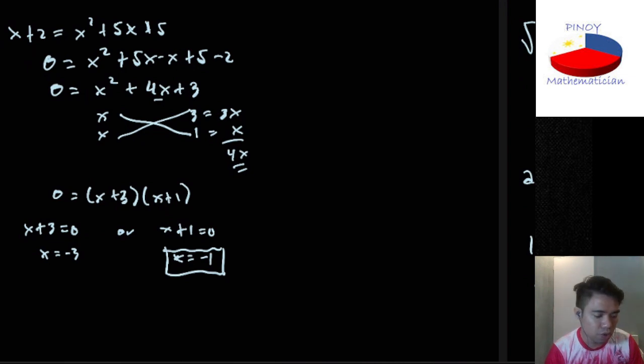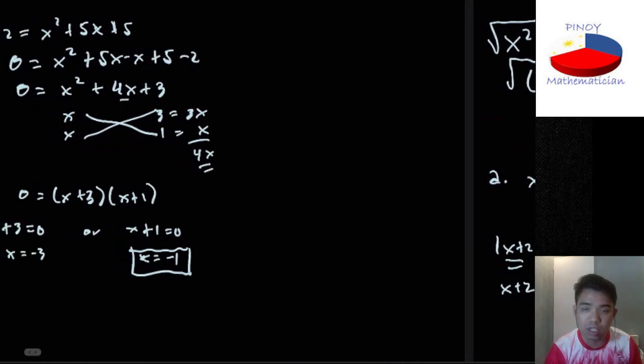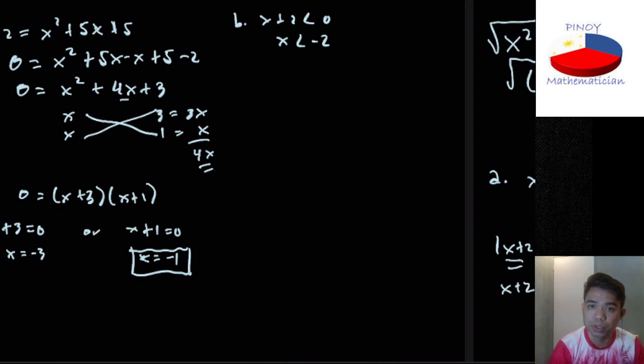Next, we're going to solve the second one. It says x plus 2 is less than 0. So for letter B, x plus 2 is less than 0. That means x is less than -2. So if x is less than -2, it's not going to be the same with the absolute value of x plus 2. Because if we replace x by a value less than -2, let's say -3,